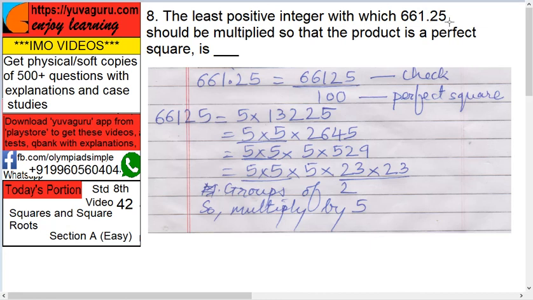Next, the least positive integer with which 661